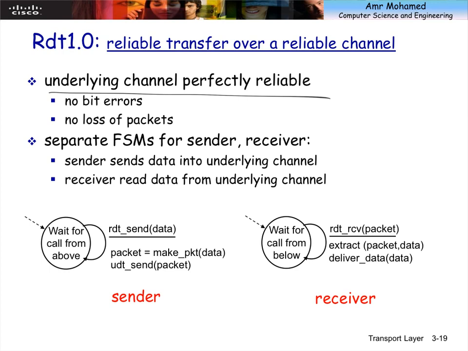Okay? So in here, I have to do demultiplexing. The demultiplexing that we talked about. All I need to do is just to check the port number, and deliver it to the proper application. So in terms of multiplexing and demultiplexing, we know that from last time. It will be receiver side, you will use RDT receive. Yes. So it assumes here RDT receive because it's reliable by default. Okay?